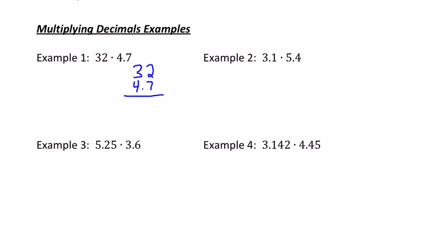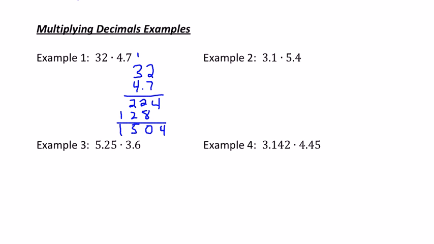So first thing we do is we multiply it like it's an integer. So 2 times 7 is 14. We carry the 1. 7 times 3 is 21, plus 1 is 22. So we're just going through our normal multiplication algorithm. And then we do 4 times 2 is 8. 4 times 3 is 12. Then we add these together, and we get